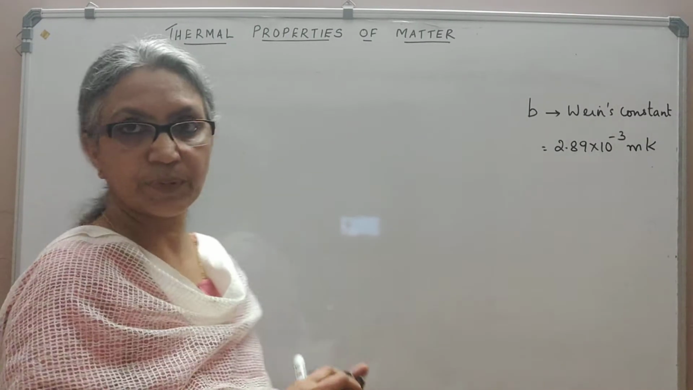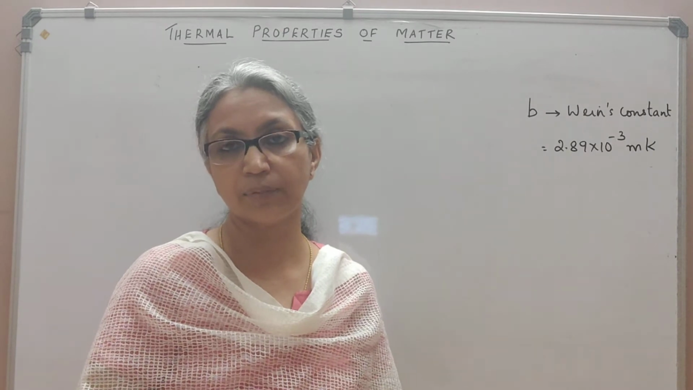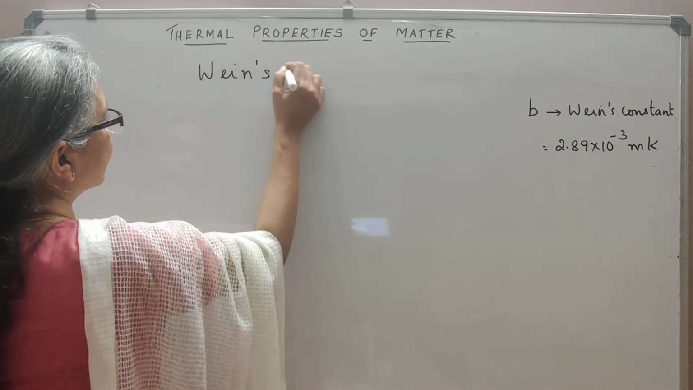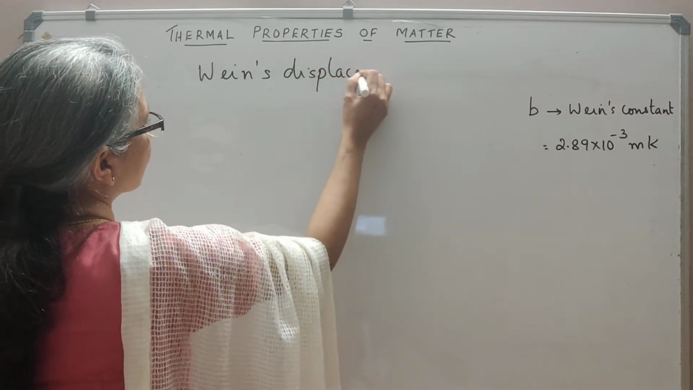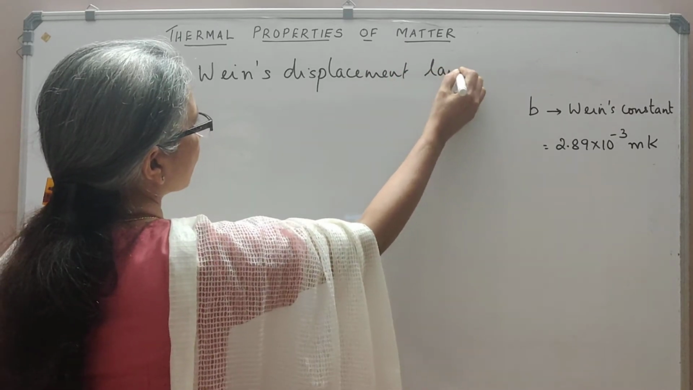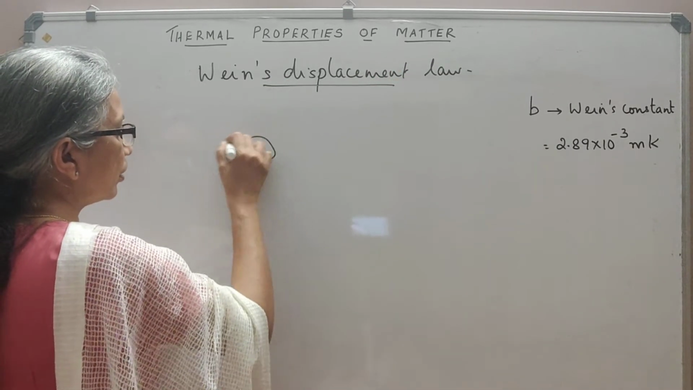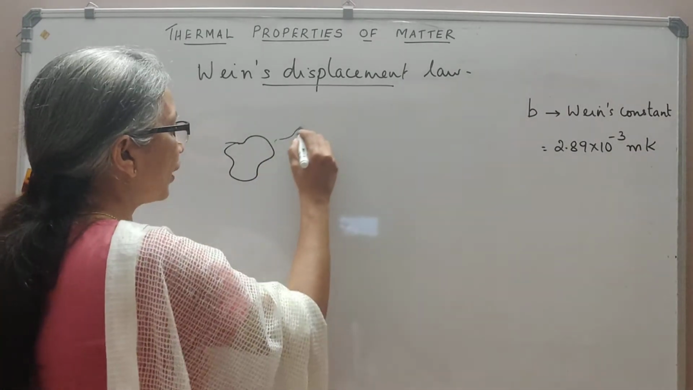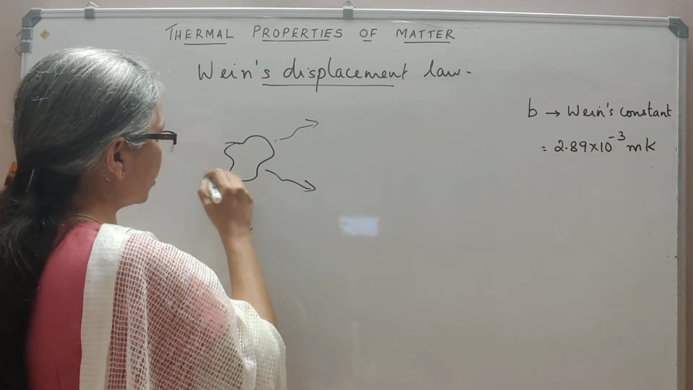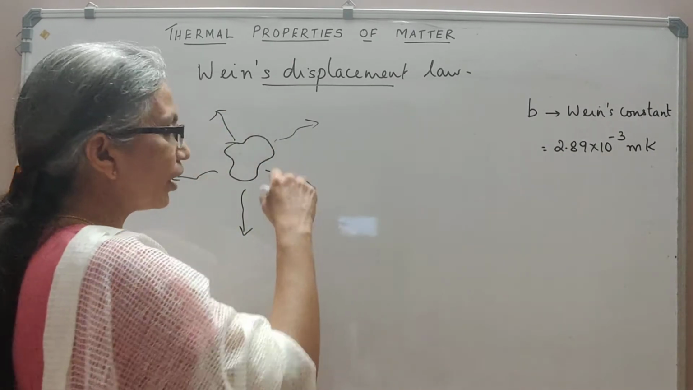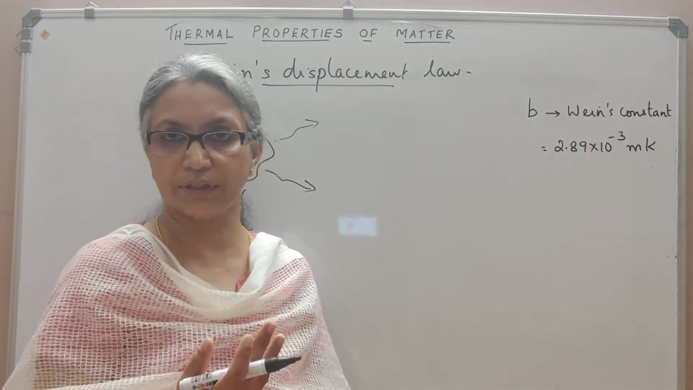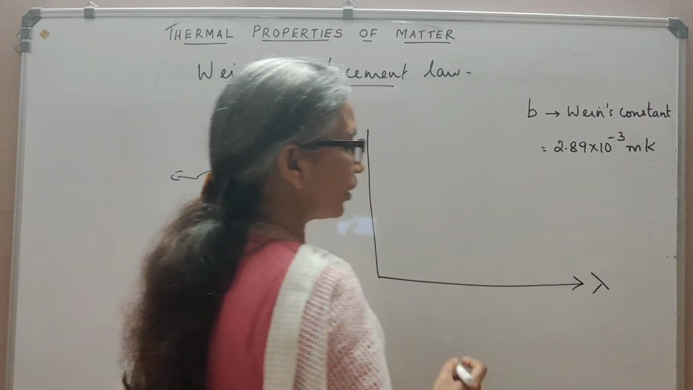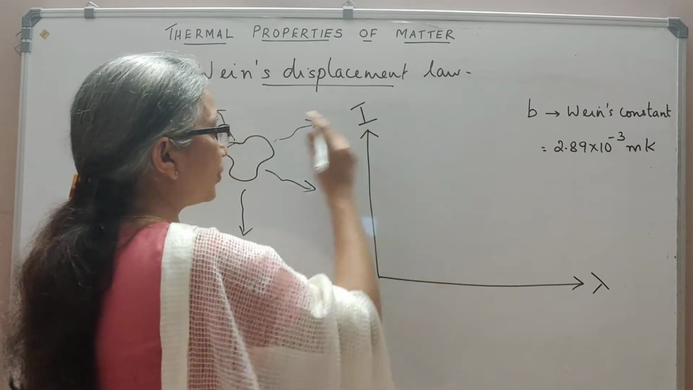One is Wien's displacement law and the other is the Stefan-Boltzmann law. Wien's displacement law: suppose we have a black body and it's heated up, and it gives out electromagnetic radiations. These radiations consist of several wavelengths. So if you now plot a graph with the wavelength along the x-axis and the intensity of the radiations emitted by the black body,